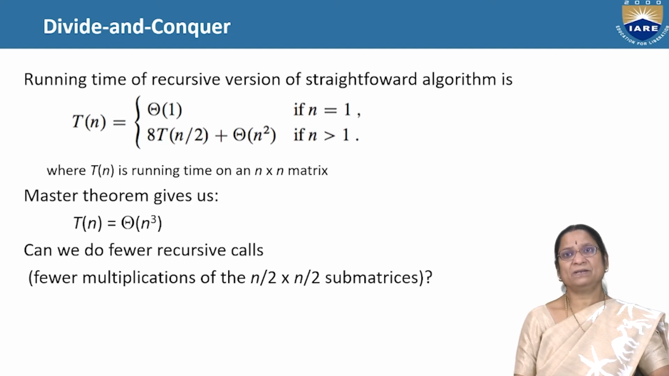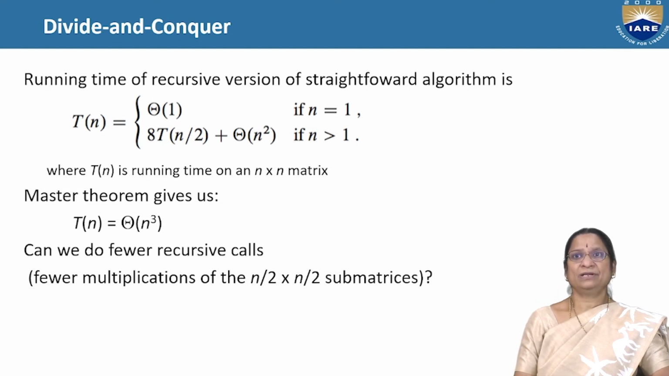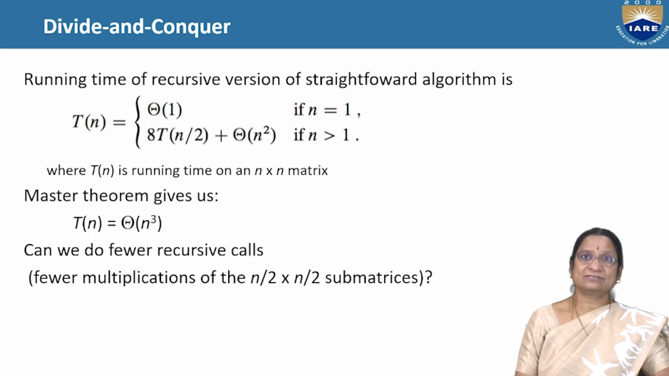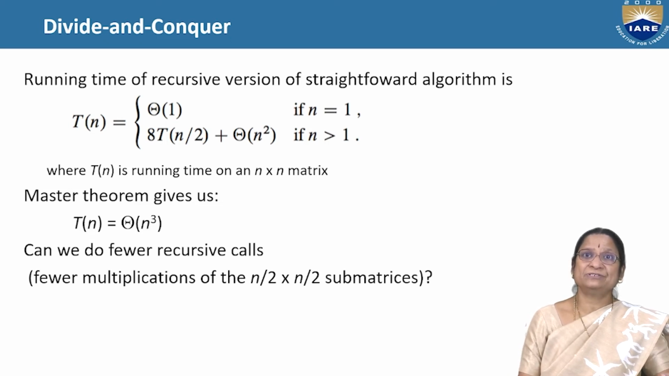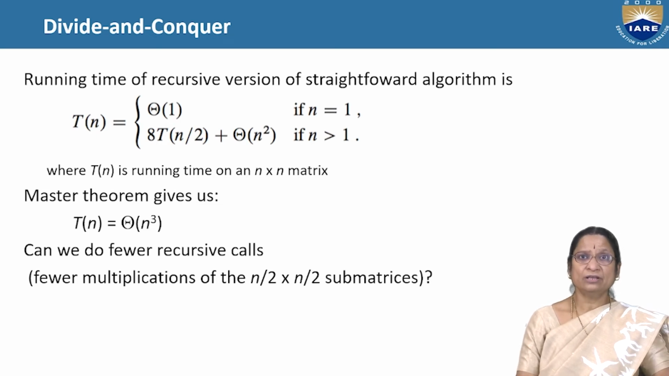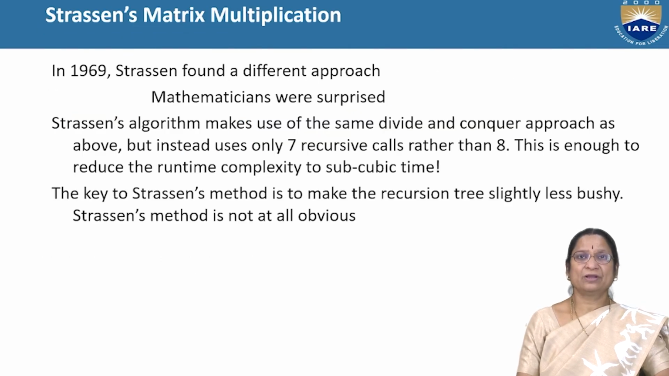That is, can fewer multiplications of n by 2 submatrices be considered or not? That is, can the number of multiplications be reduced or not? Instead of 8, it can be 7, 6 or like that. If you are able to do so, up to a certain extent, the time complexity can be reduced. So, based upon this